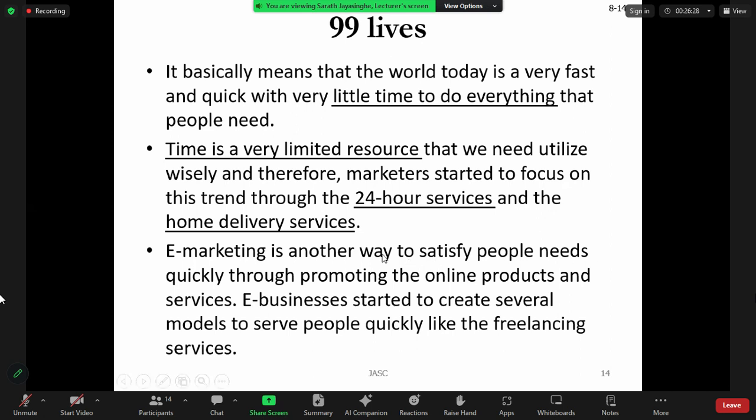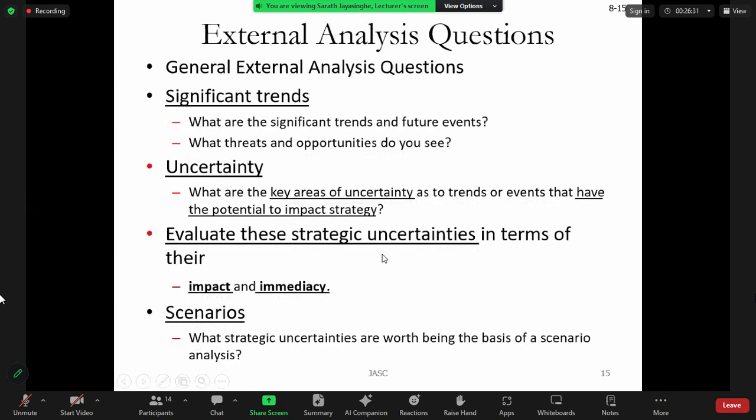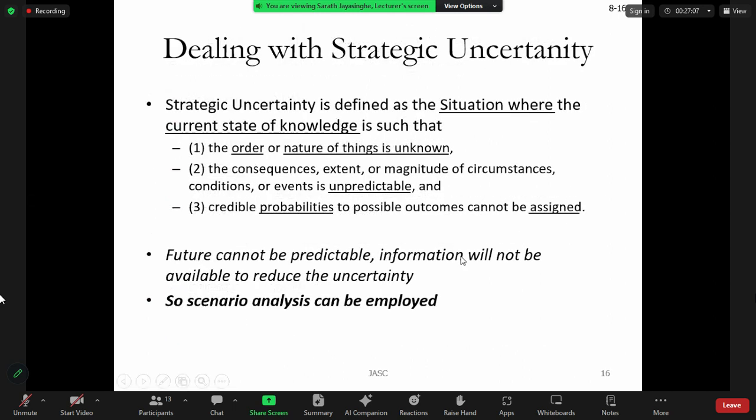So that is there. And then we can think about these external analysis questions. So there are external analysis questions, significant trends we have to understand, and uncertainties that are happening in the future. So we have to understand that. Evaluate these strategic uncertainties in terms of their impact and immediacy. Impact means how much it impacts, and immediacy how rapidly it happens. And then we have to think about some scenarios. Depending on each scenario, what type of strategic actions we can get. Dealing with